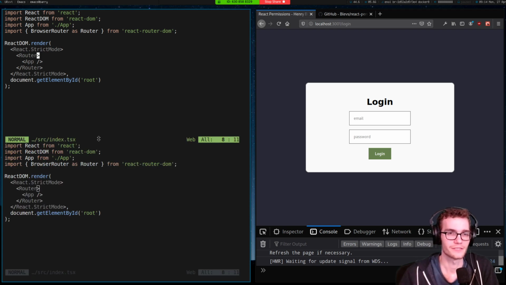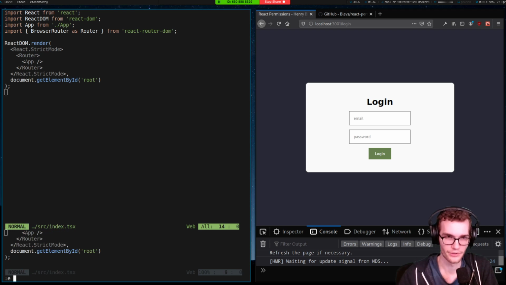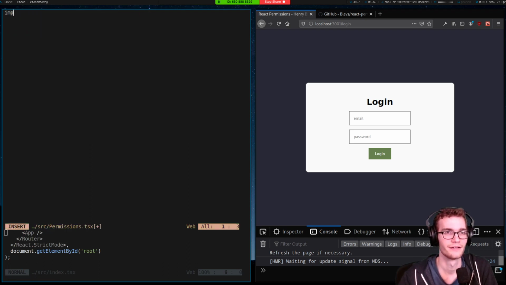And so context is a great use case for that. So I'm just going to keep this down here as a source of inspiration. And we're going to go ahead and create a file called permissions.tsx. We're going to import React from React. TypeScript is going to get mad at me, but don't worry about it. So our first step for creating context is to call a function. Real quick, going to name this variable permissionsContext, with the correct number of s's, equal to